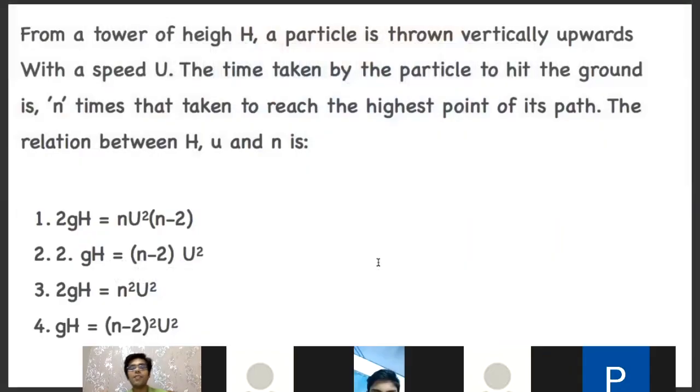So now I have a very simple question for you. Through this question, I want to tell you exactly what is the difference between topper, average and below average students. I will tell you exactly what mistake average and below average students will make in this question, and I will tell you exactly what topper will do well in this question.